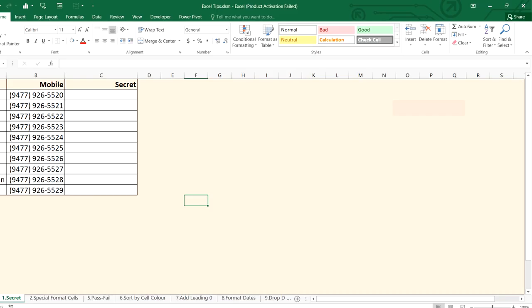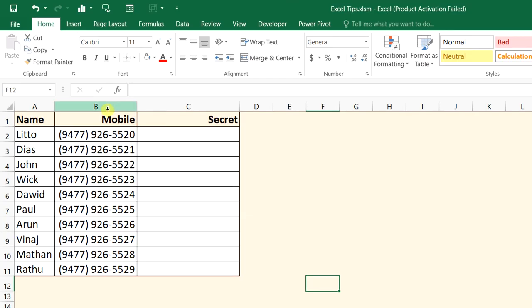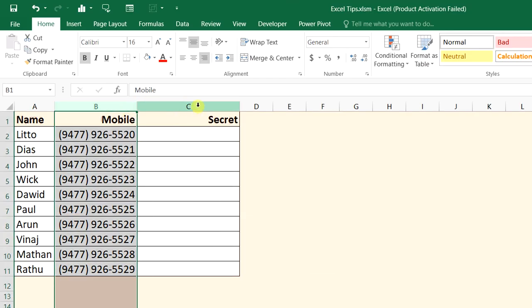Today we will see a few different Excel tips. First of all, we will see how to write this mobile number here in this column as a separate mobile